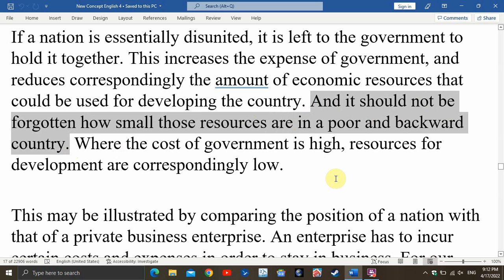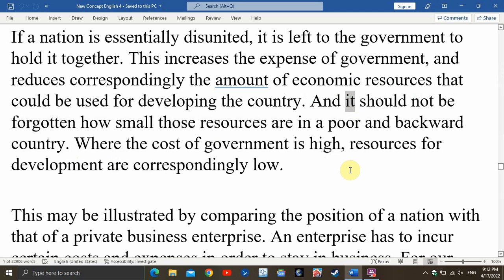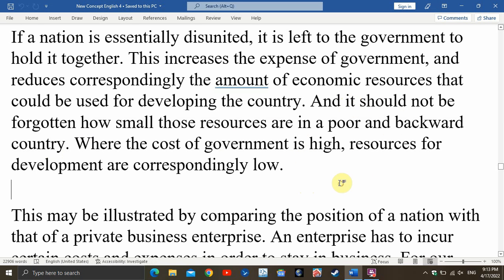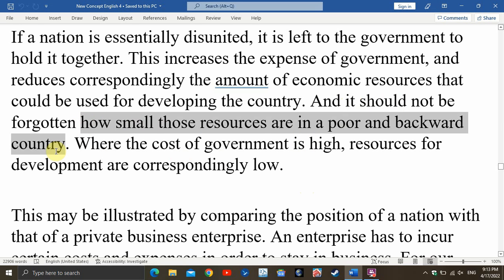这一句里面这个 it 也是一个形式主语，它真正的主语是 how 引导的从句，也是主语从句。How small these resources are in a poor and backward country should not be forgotten，明白吗？我们以前的形式主语往往是 that 分句，今天这里比较特殊，how 引导的名词性从句作为真正的主语比较少见。